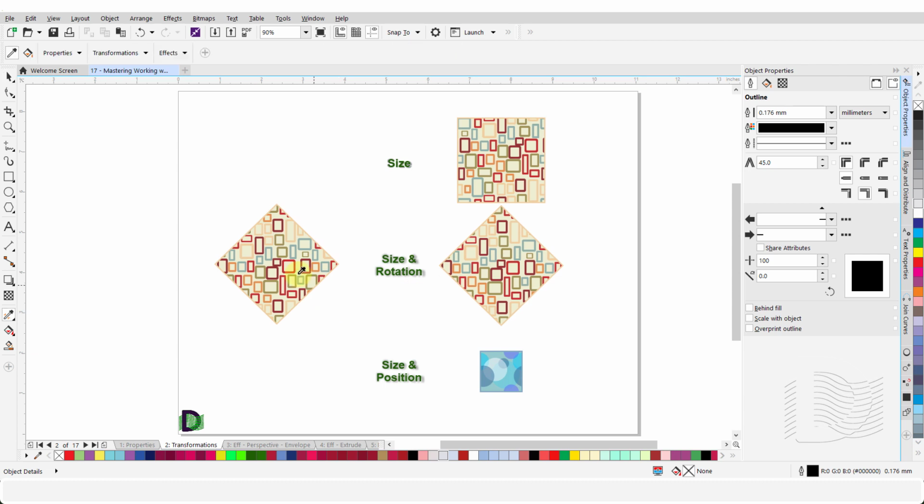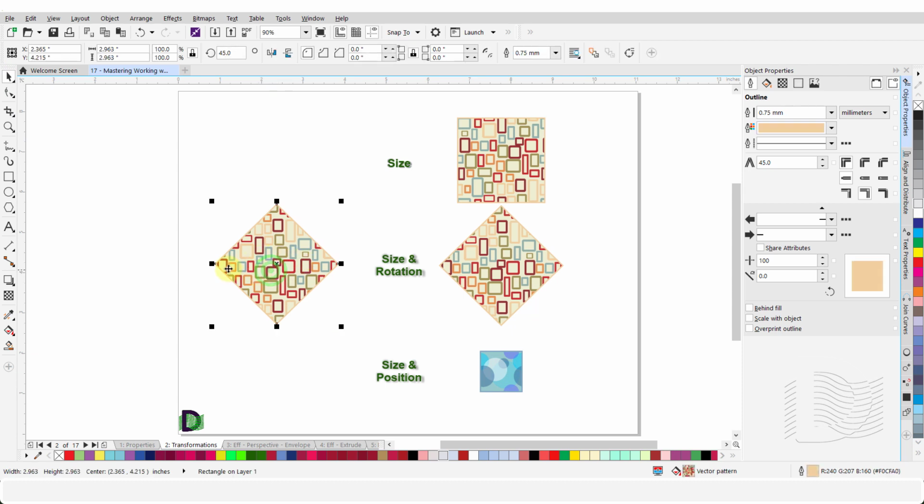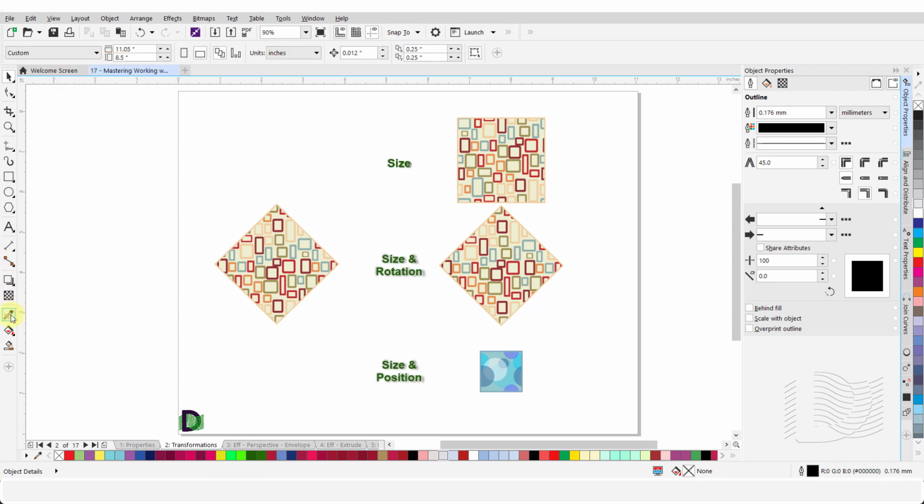Now I will open the Transformations drop-down menu and remove the check mark that was placed against Rotation, and place a check mark against position. Click OK. The position attribute will place the target object at the same X and Y coordinates as the source object. The source object's position coordinates are X is equal to 2.365 inches and Y is equal to 4.215 inches.